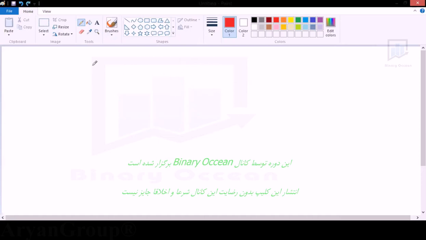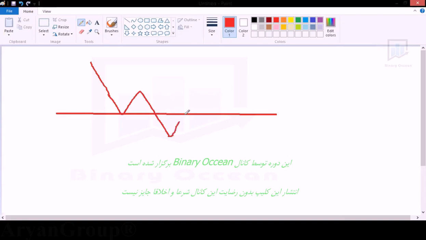Okay, if the trend is a downtrend, this is a support level. Here the trend is a downtrend. Okay, the market reversed. Again, it tried to break this level. Finally, it broke the level. Now the trend is in a downtrend. Again, if the market will retest this support level,